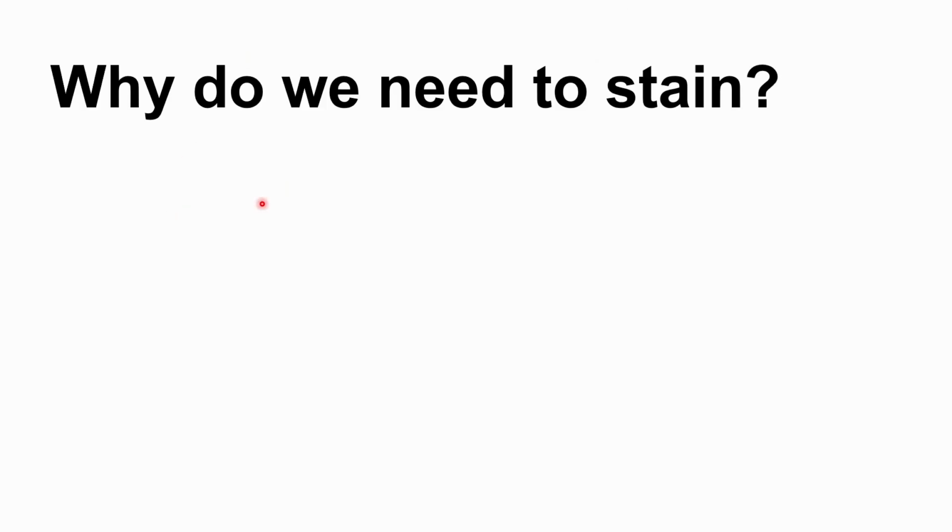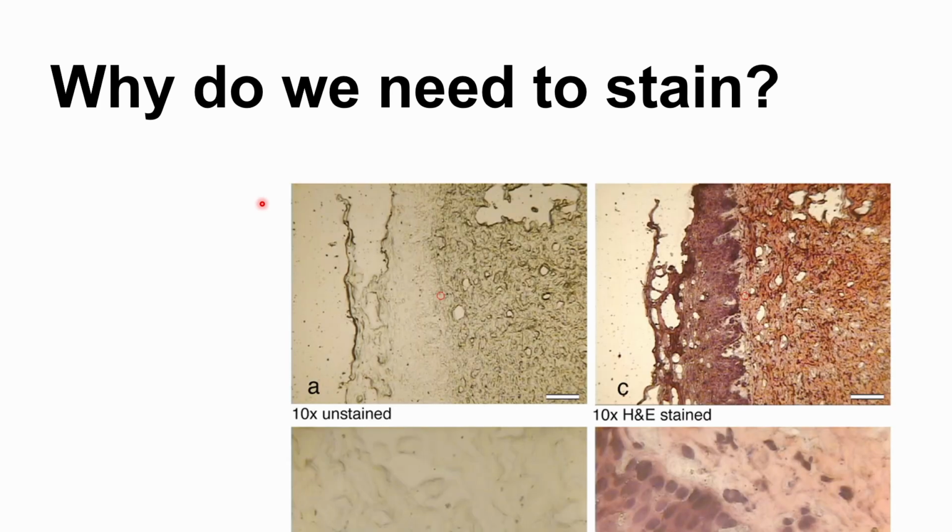Okay? Next, why do we need to stain? As I said earlier with the different microscopes, apparently, I'm not sure if all of you know this. For the majority of the slides that you have been examining during the first half of the semester, they are all stained. Okay? If we are not going to stain these tissues, they will just look like this, transparent slivers of tissues. So it looks like this, very refractile, no?